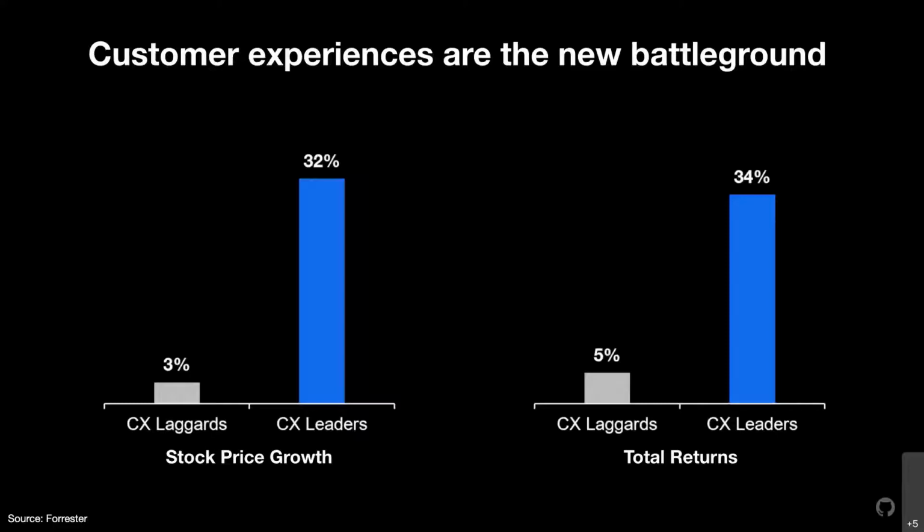You and I are the customers of these new companies, and it is phenomenal, right? The difference in how they are performing versus the laggards is staggering. Whether you take a look at it from a financial perspective or even engagement with customers, brand loyalty, increased usage. So this customer experience is really becoming very important in the digital age. But it's not